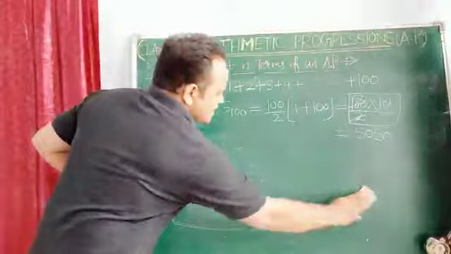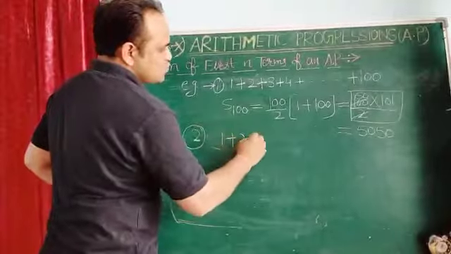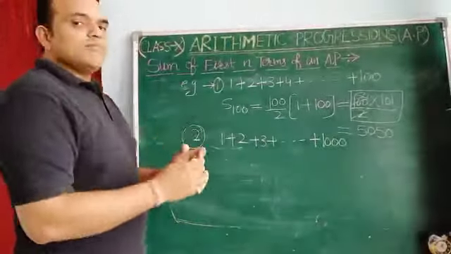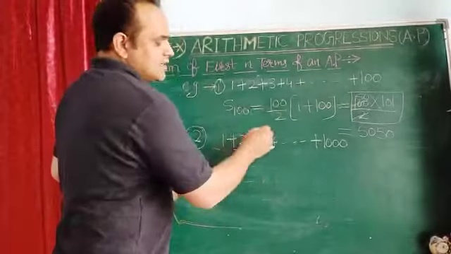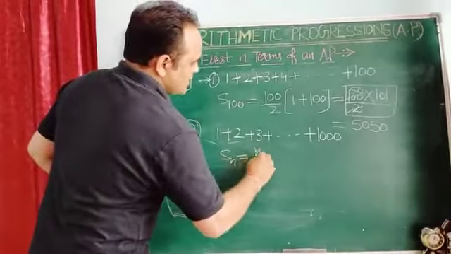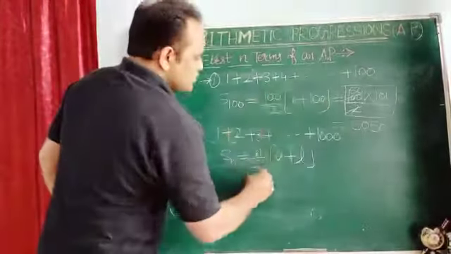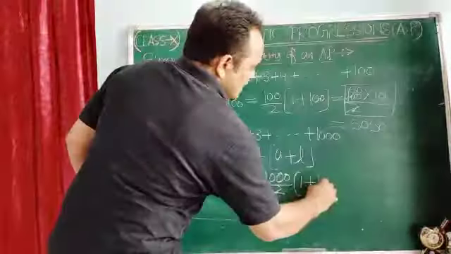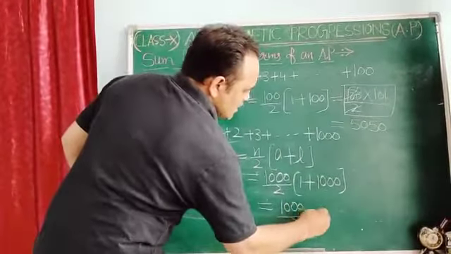In this way, this is the first example, then I am taking one more example of 1 plus 2 plus 3 and so on, plus 1000. We have to find the sum of natural numbers from 1 to 1000. So here the first term a is 1, and the last term is 1000, that is l. So Sn is equal to n by 2 (a plus l). This formula is applicable here. So the number of terms from 1 to 1000 is 1000 upon 2. First term is 1 and last term is 1000. So 1000 upon 2 into